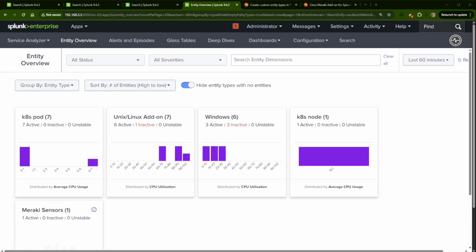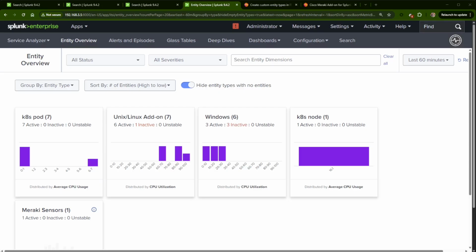Before we can get to any of that, we've got to get the data in. We've got to then normalize the data. Then we've got to start organizing that data. And I just did a video recently where I showed you how to build entity types and use discovery searches to then correlate those or attach those entities to an entity type. If you haven't seen that video, I recommend checking out the rest of the videos on my YouTube channel and looking at that. But here I have pulled up Entity Overview, which is something that you'll be able to